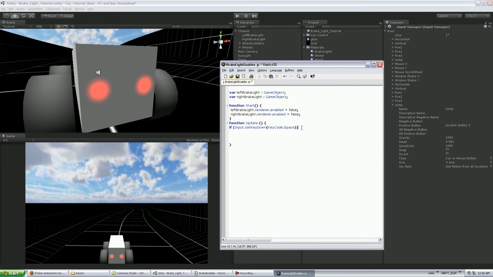So basically, we're asking this question every frame, in function update, every frame. Hey, do we have a key down? And is it the space bar? Do we have the space bar key down? And if we do, because we have the if there, I'm going to actually put a tab in front of it, kind of space it out. If we do,